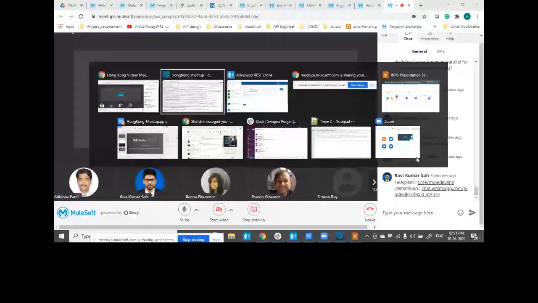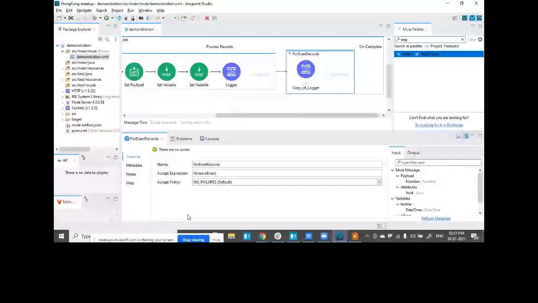That brings me to one more characteristic. We talked about the acceptance criteria that we created on our own. Let's talk about another logic that we have, the acceptance policy. So let me do a simple thing. I have to fail a particular record. So what I'll do is I'll make use of a choice operation in my first step.